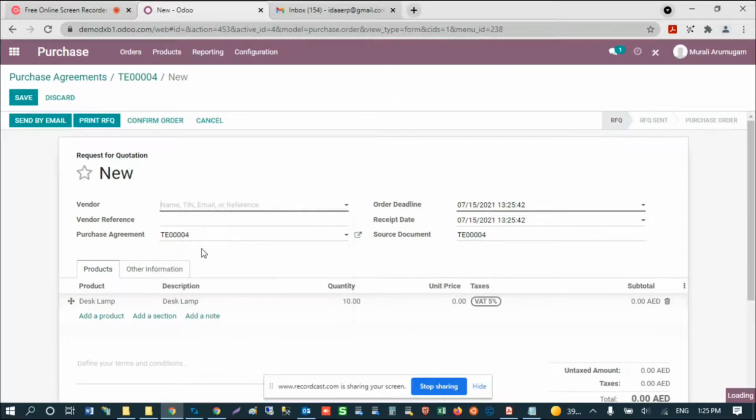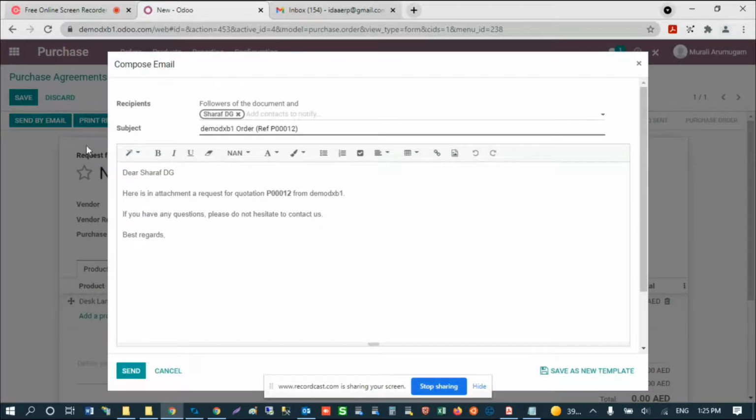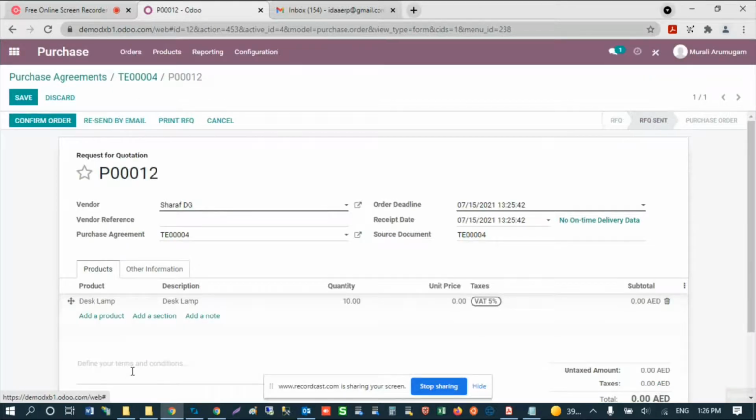Quote goes out to the third vendor. So now you will find that Odoo has automatically created requests for quote to the vendors.